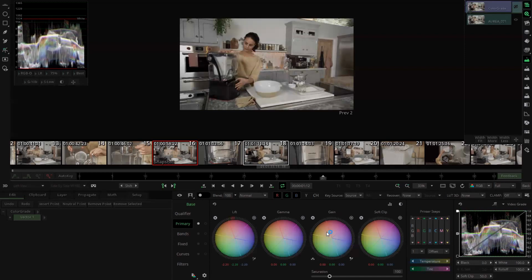For those that don't have control panels, remember the right button of the mouse will be controlling the luminance, and it would be the left button of the mouse that would be controlling the color of the trackball, okay? So over here, for example, let's adjust a little bit the gain. You can see here that I have some scopes over here, and I also have some scopes here with pivot